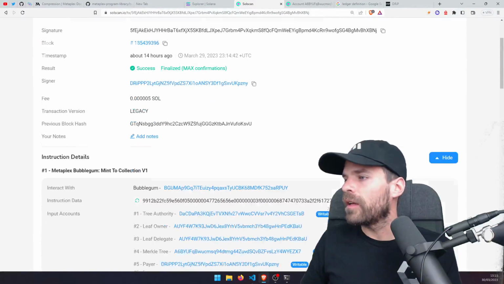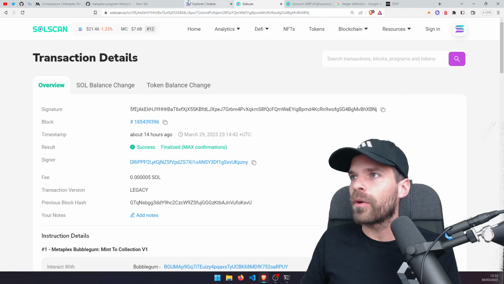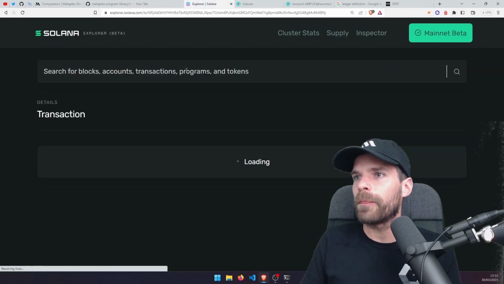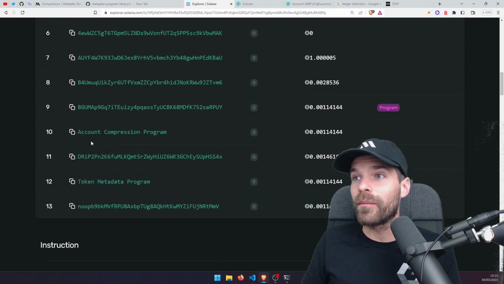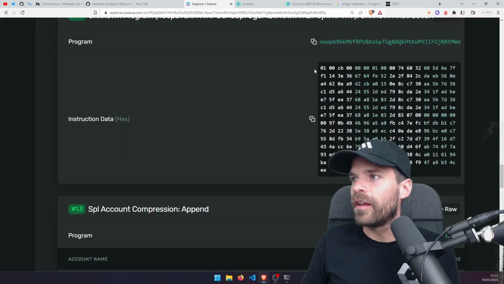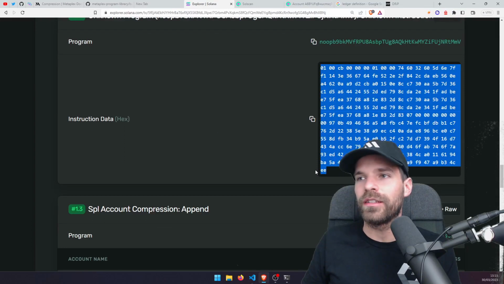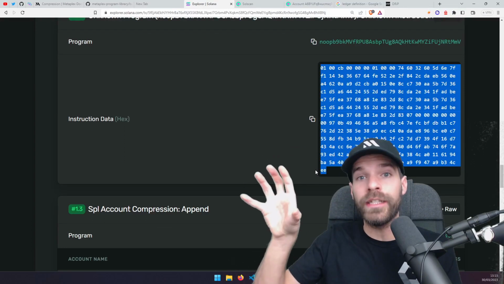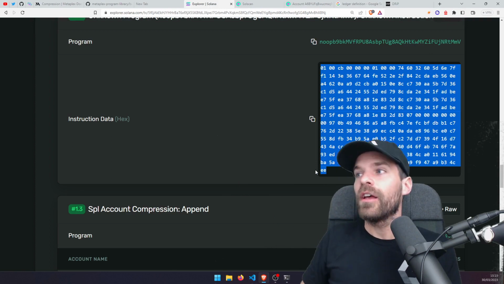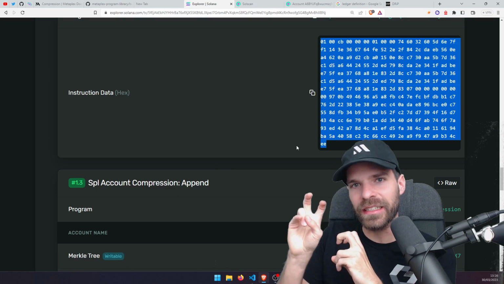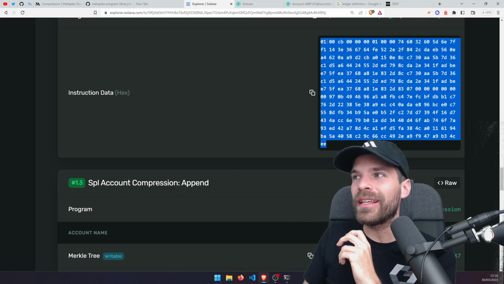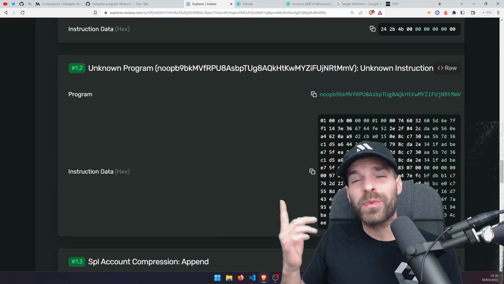That's the difference. Let's see if the Explorer displays this differently. Account compression program is used. Token metadata program is also used. Drip has their own program. Yeah, and there we have it once again. That's the instruction data that the indexer will read such that it can build its state. So essentially the NFT that we upload, the data makes its way into here really,